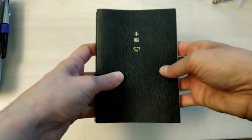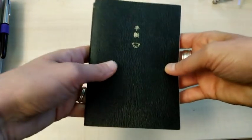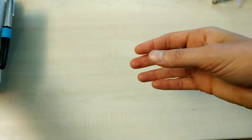So that was a very nice unexpected success of 2019, and I've got a new one for 2020, which is here. So we now move on to the category of planners that didn't work so well, and the first one in this category is